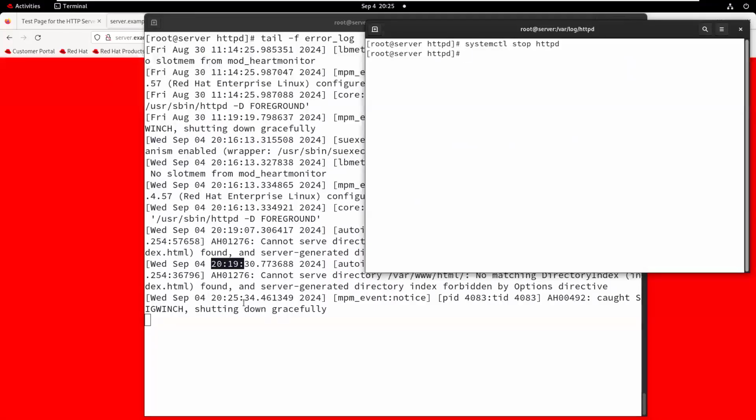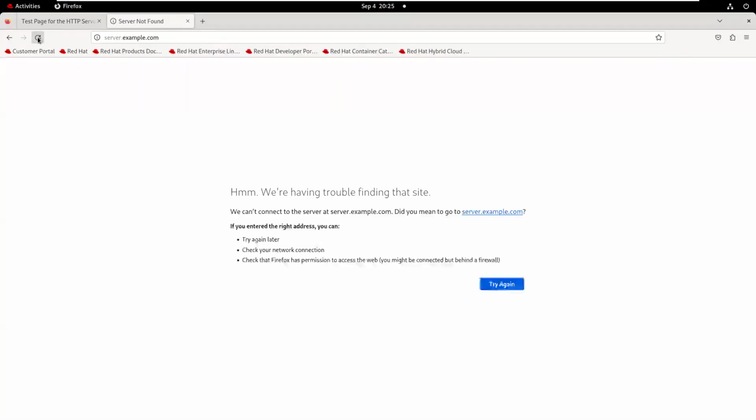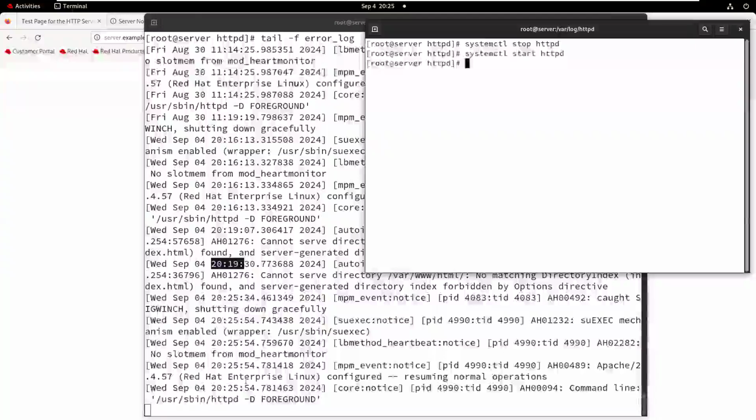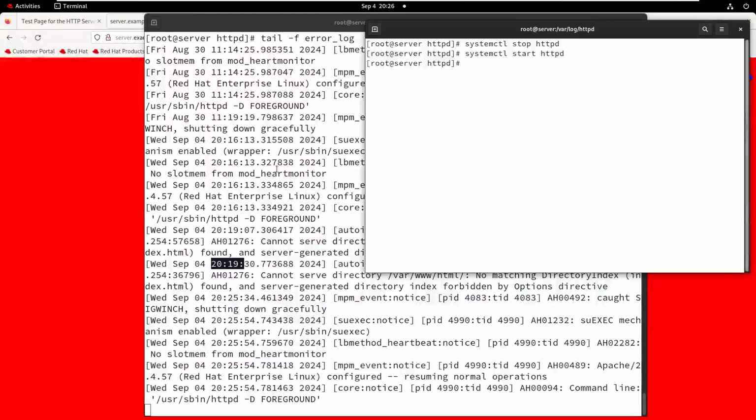At what time? 8:25. But now try to refresh your web page. It's not working because the server is down. But again, if I start my server, the logs are created here, and your system is also running perfectly. So this is the proper way in the environment.